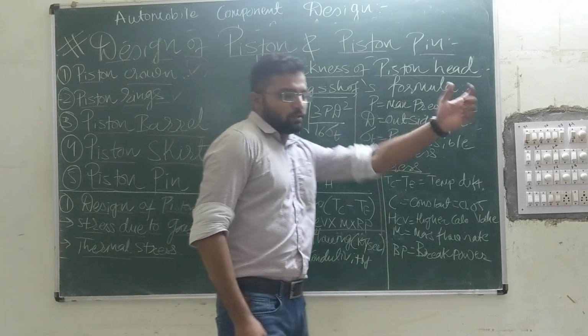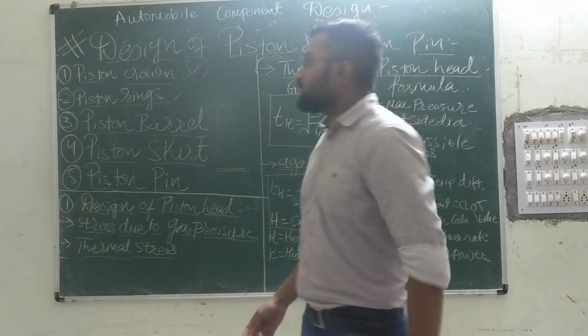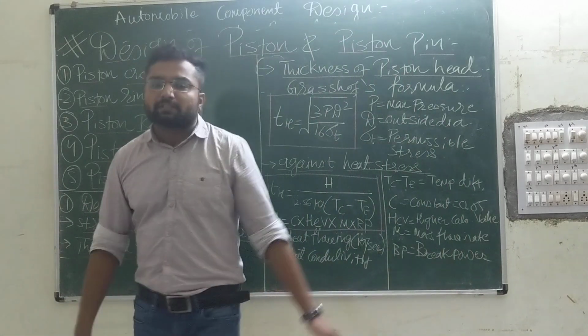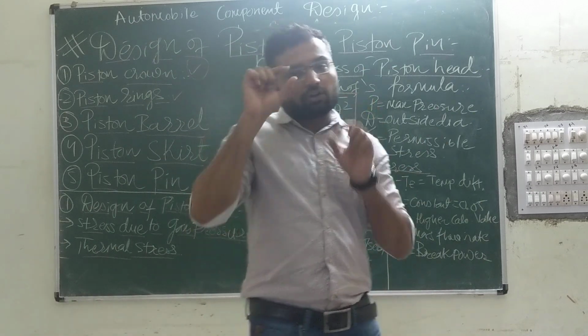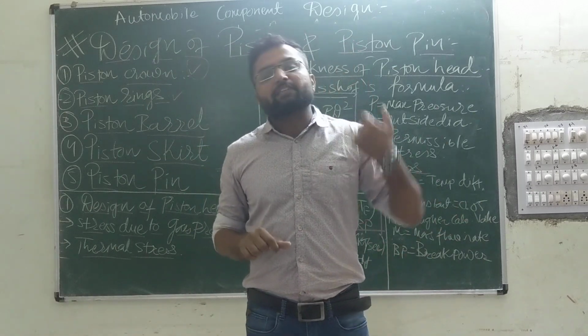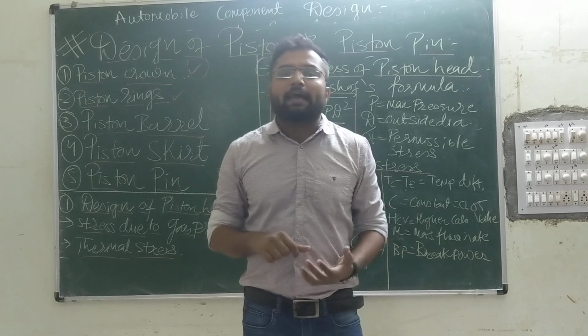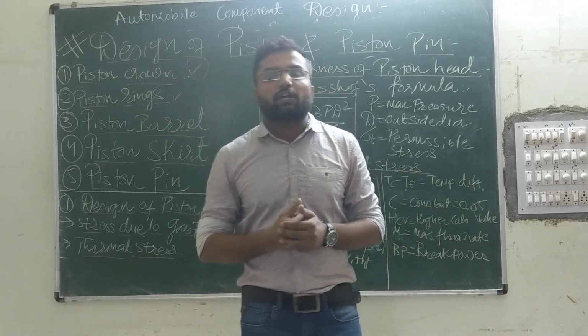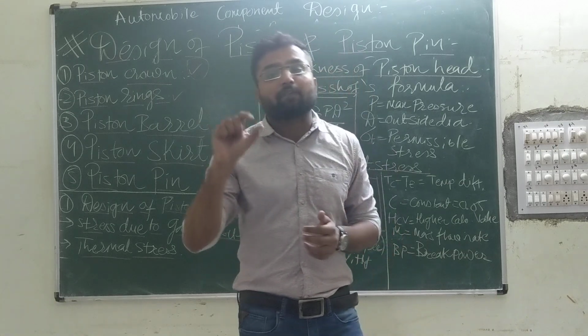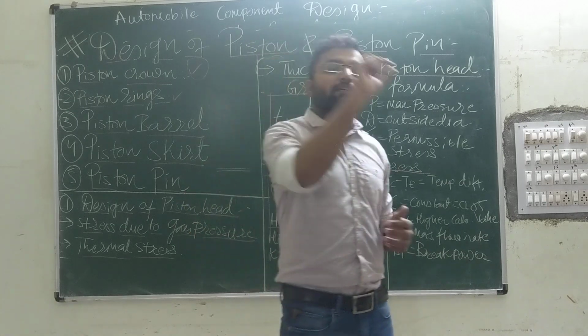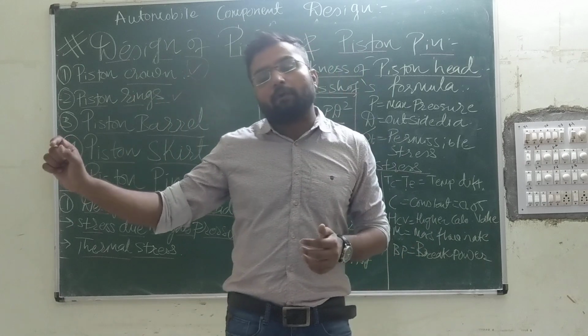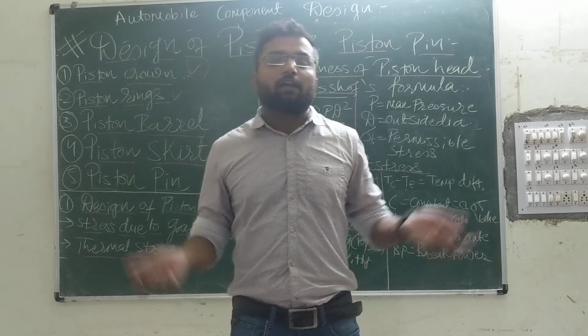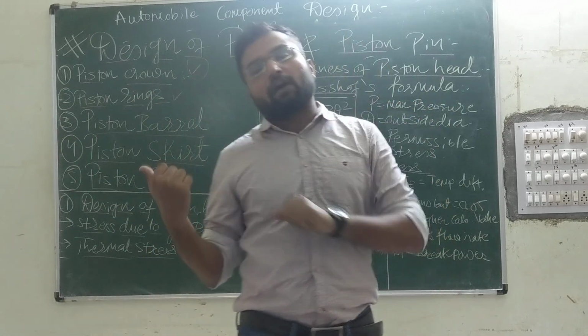The second design is the piston rings. So in this second step, or you can say procedure, to design the piston rings, we are going to determine the thickness of the rings as well as the ring section. When I am talking about the ring section, I am talking about a feature of our piston rather than the ring itself. And when I am talking about piston rings, then we are concentrating on the rings themselves.